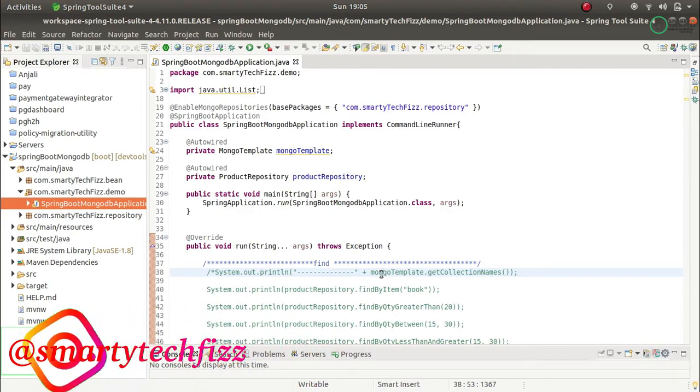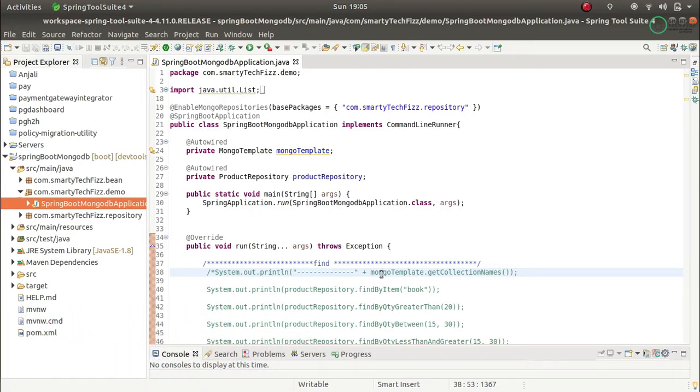Spring Boot application and with the MongoDB connection. So today we will talk about how we can connect our Spring Boot application with the replica set members of the MongoDB.